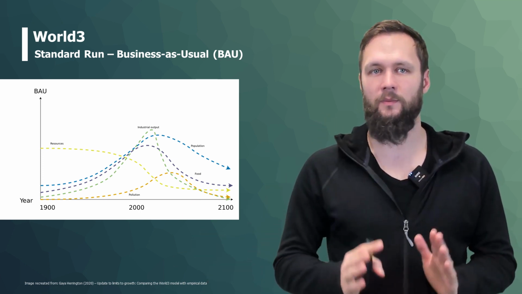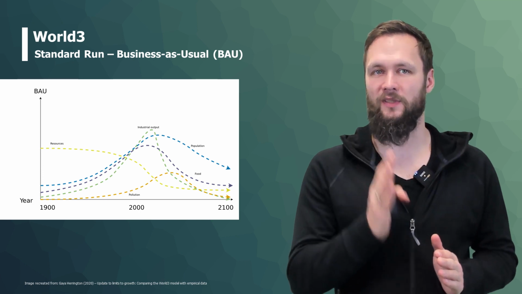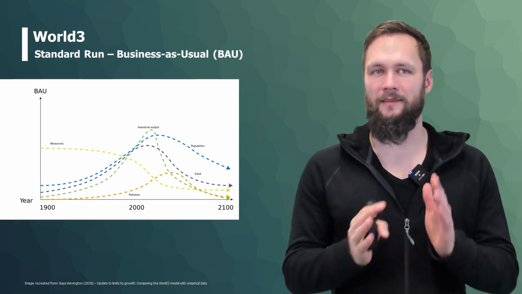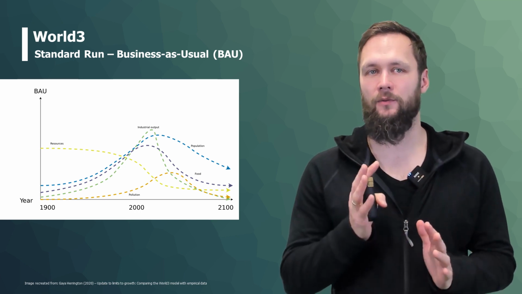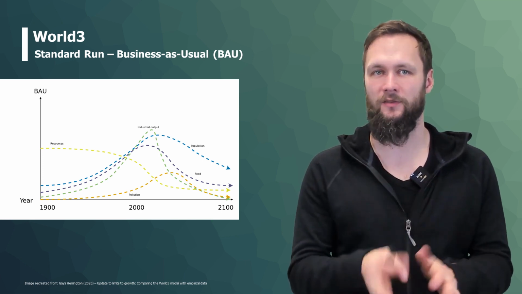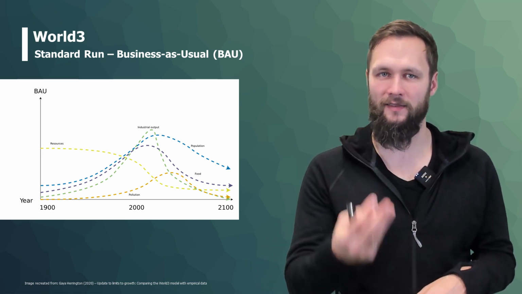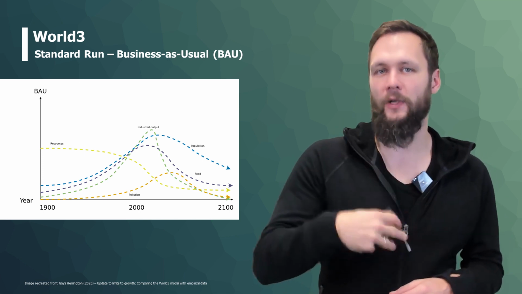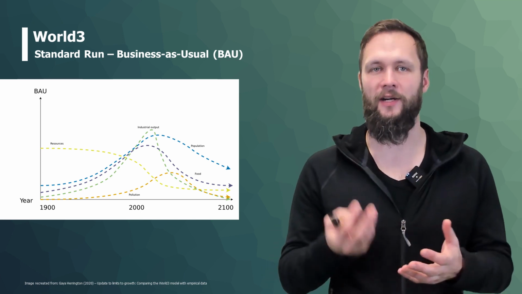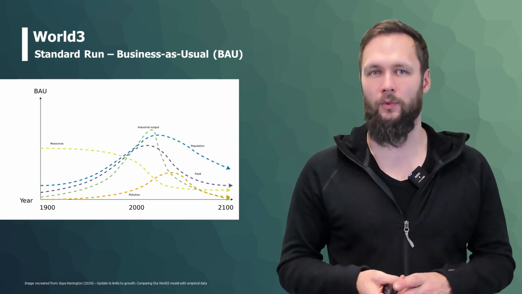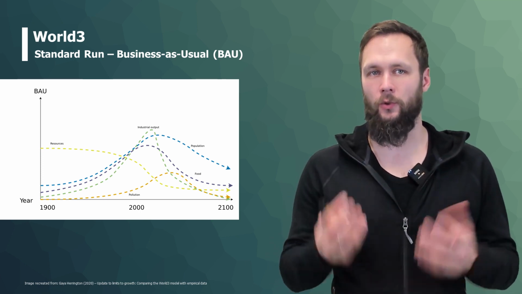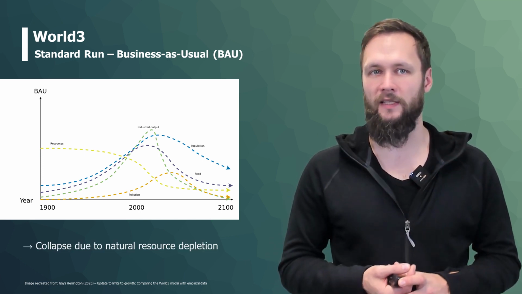As I already said, this model is not time sensitive. It doesn't give you a precise date when something is supposed to happen. So if you look at the figure, it is somewhere at the end of the 21st century where problems are supposed to occur, but this is not time sensitive. It is just an indicator that when we continue down this path, then at some point collapse scenarios will occur, which then will cause us quite some problems. But the majority of the problems here are caused by the depletion of natural resources.